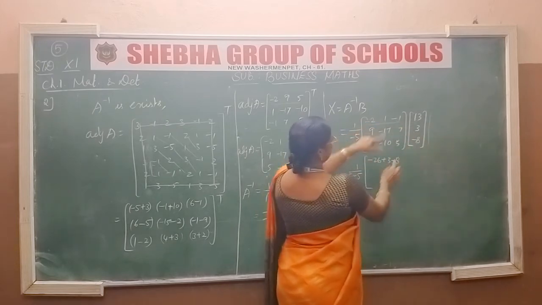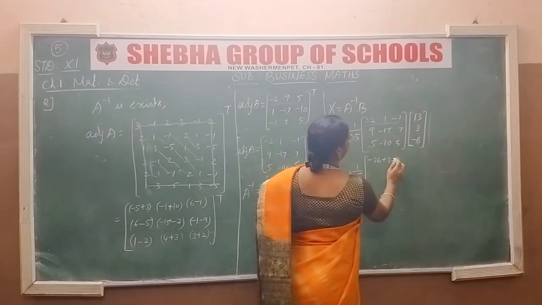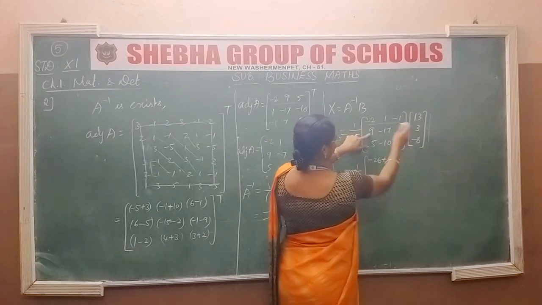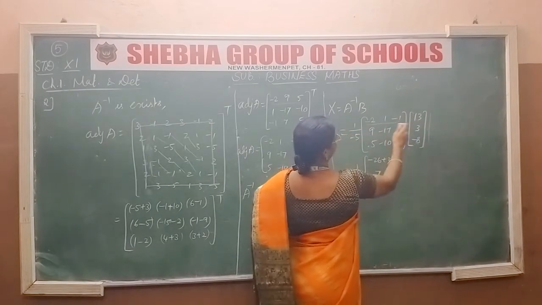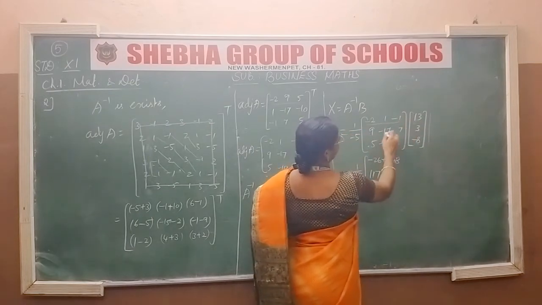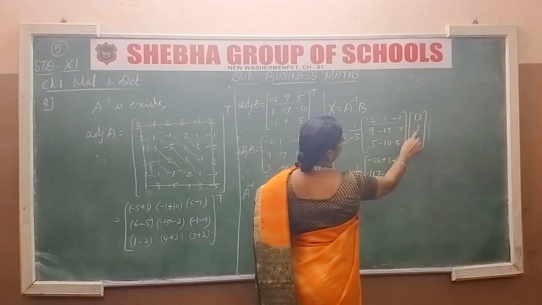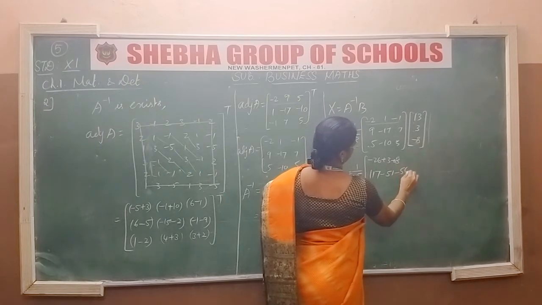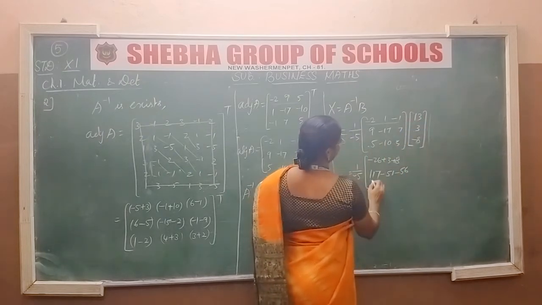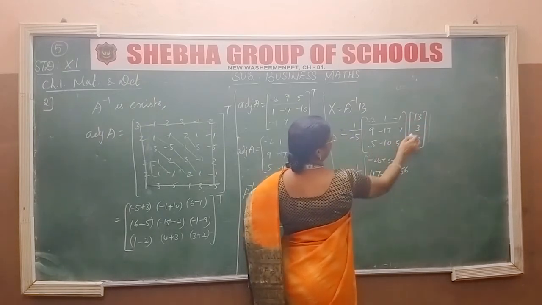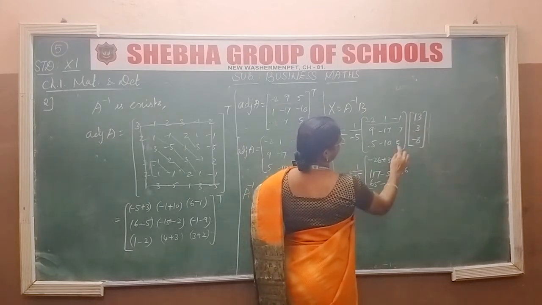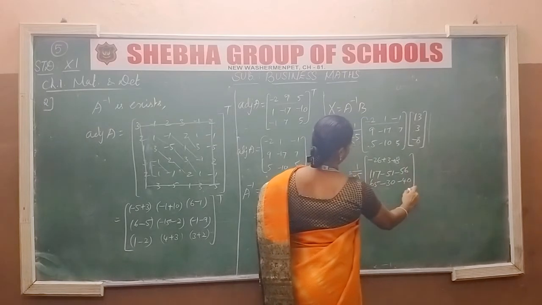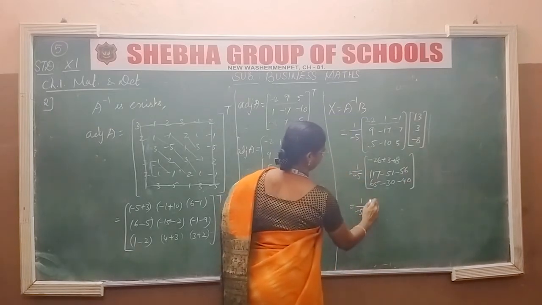Next 9 into 13 is 117, minus 17 into 3 is 51, and 7 into 8 is 56. Next 65 and 10 into 3 is minus 30, 8 5s are 40, minus 40. Okay, it's equal to 1 by minus 5 into